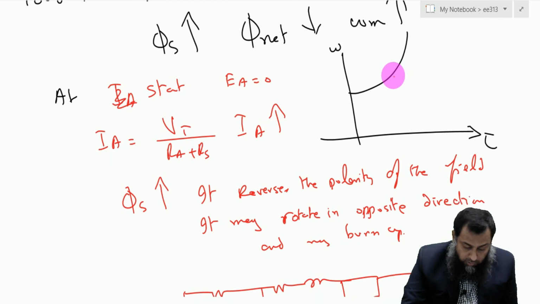So that's all for the DC motors. In the next module, we will start the discussion on the AC machines, where we will discuss the synchronous as well as the asynchronous AC machines in detail, which are right now the lifeline of the whole electrical network.